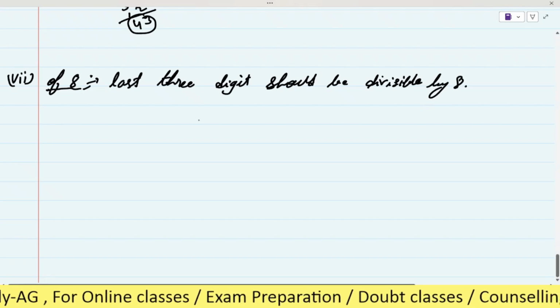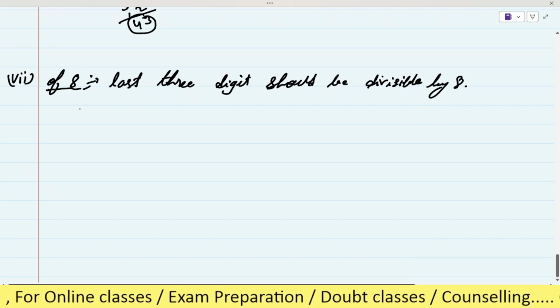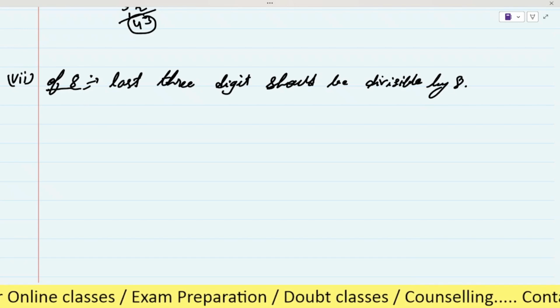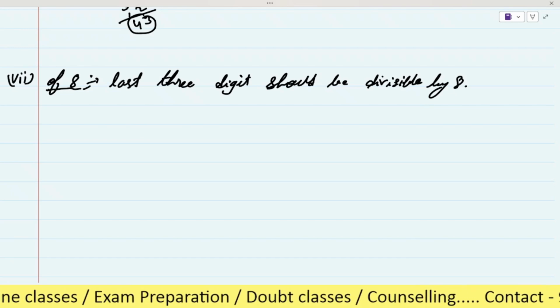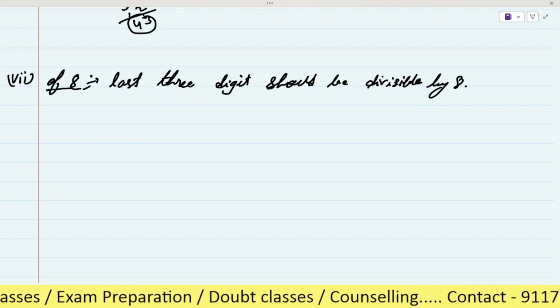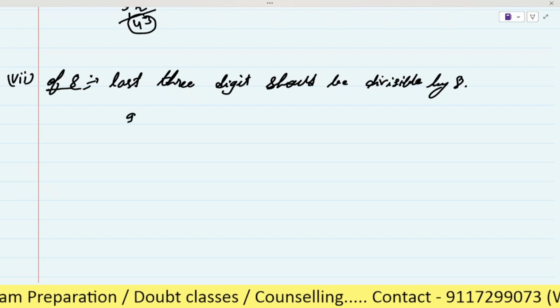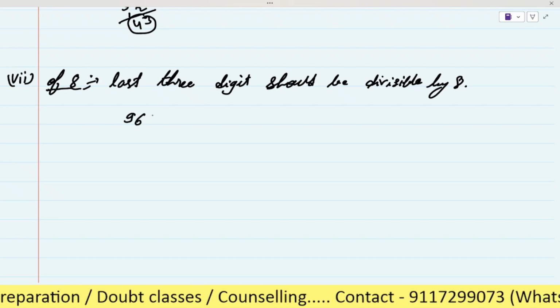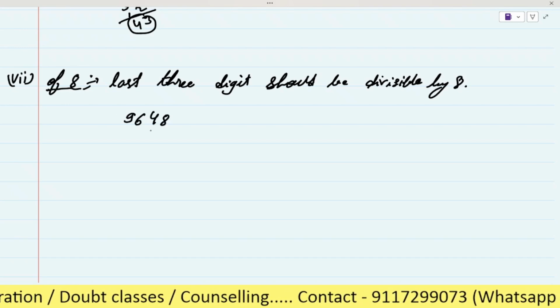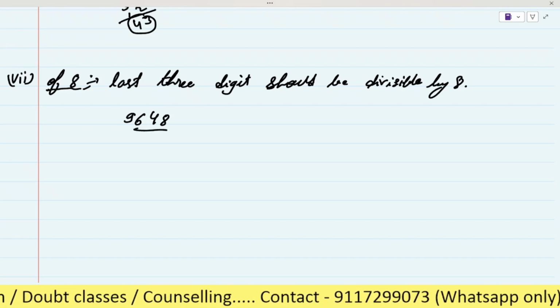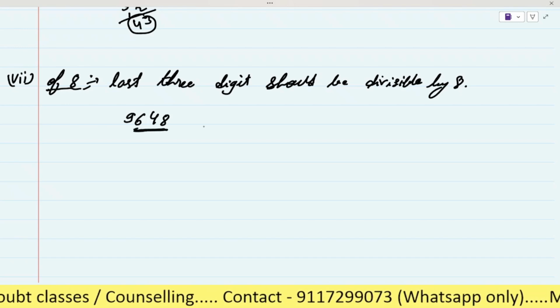Is it clear? Do you want the example for it? Yes, sir. Okay. Let's see here. 9648. Here you have to check the last three digits should be divisible by 8.